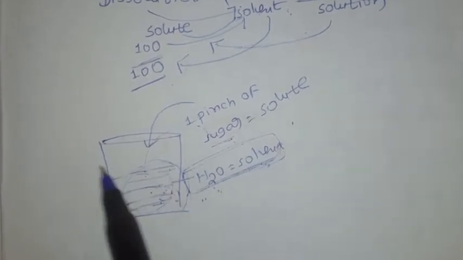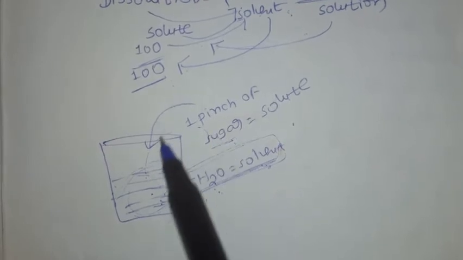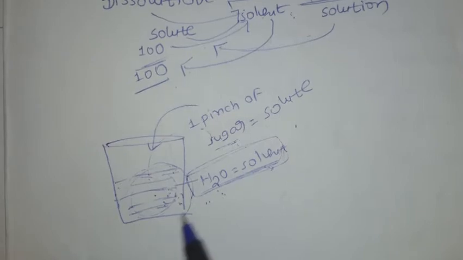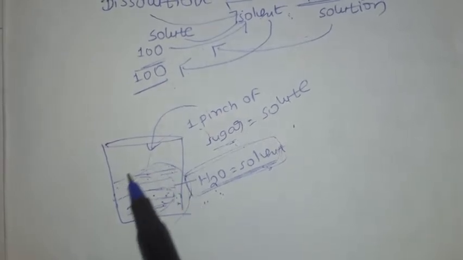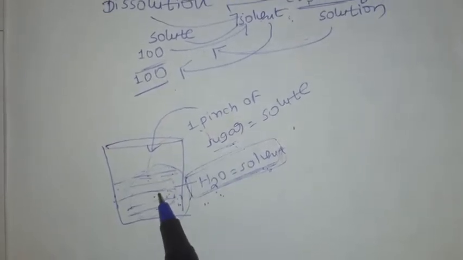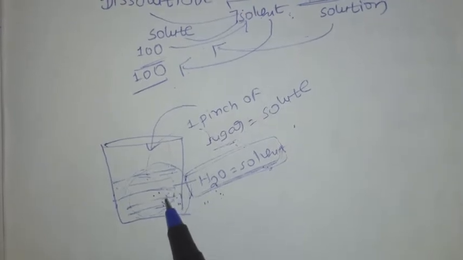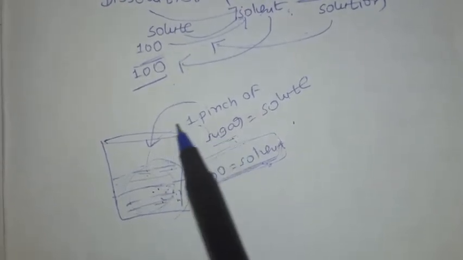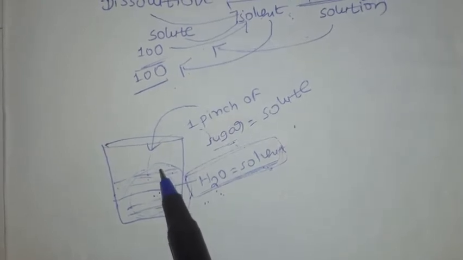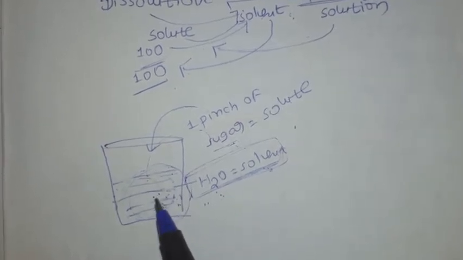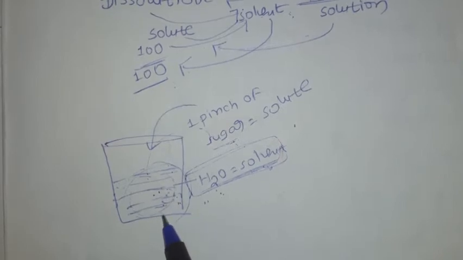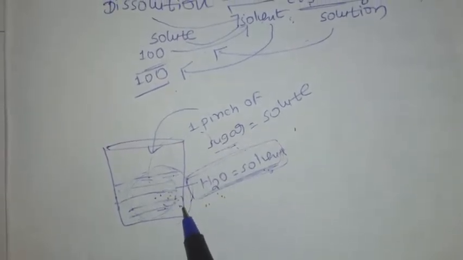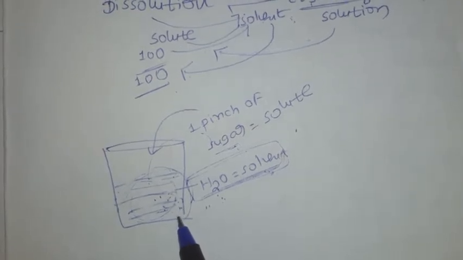Taking simply a glass of water, if you add a pinch of sugar, that is unsaturated, meaning our solvent is capable of dissolving more solute again. Next, saturated solution means for a given amount of solvent you add the sufficient amount of sugar, and without heating it can be dissolved. That is called saturated solution. Supersaturation means you add more solute than its capacity. That is called